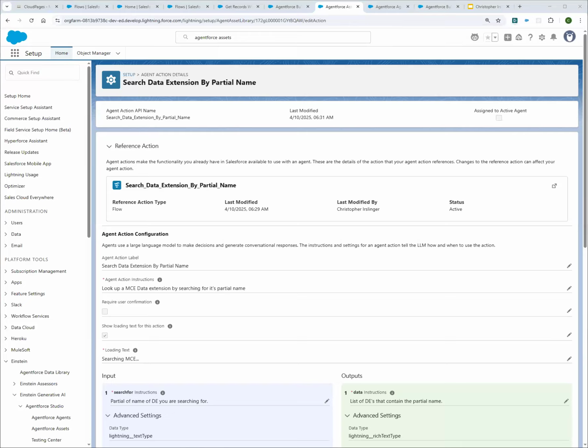Thank you for that. And Mickey said, how did we set up the connection between SF and MCE? Is normal MC connect setup enough? And then we can just get the URL from MCE to pass the Apex flow? No named credential needed, or do we still need to set that up?